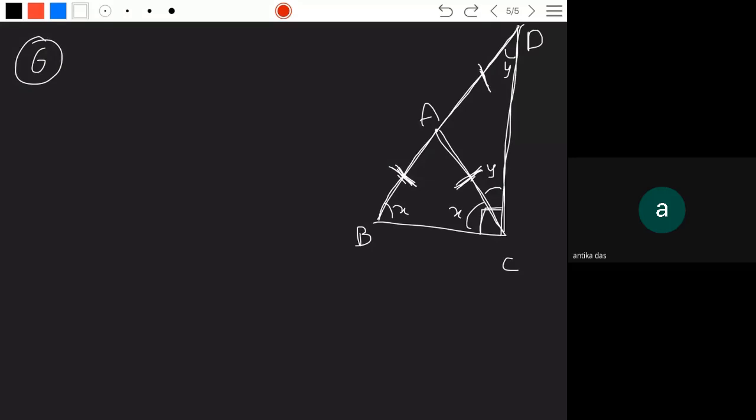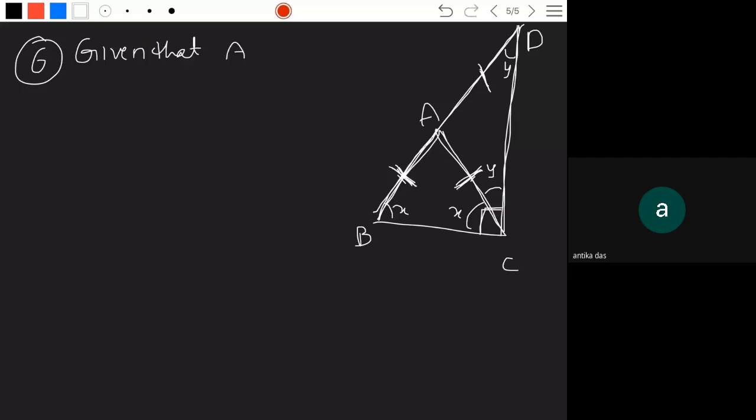Did you get my point here? This side length is equal to another side, it is given. So it doesn't mean that these two lengths are equal, and it doesn't mean that these angles are also equal to this angle. So here, what you have to write in the presentation, given that